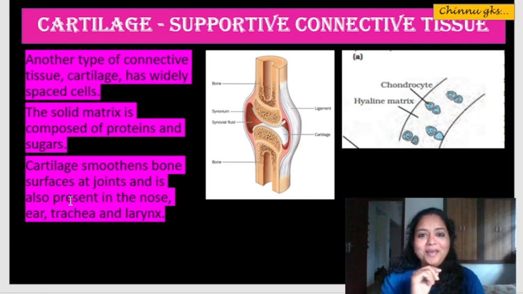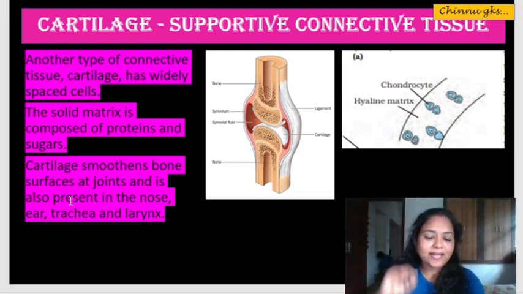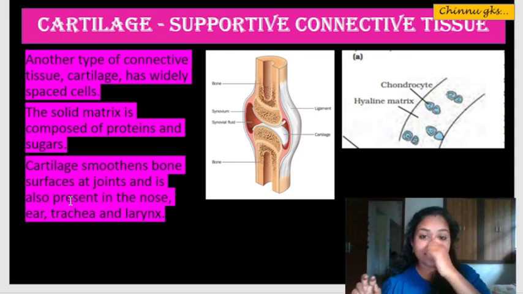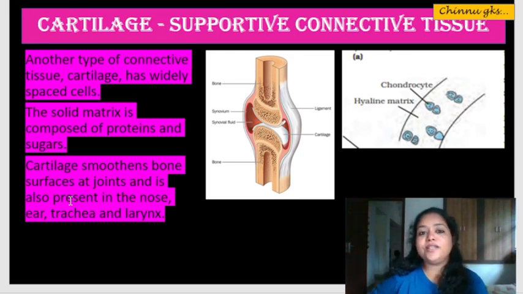It would be, but since we have a covering over it, and what's that covering made up of? That covering is made up of cartilage, which is making it relatively smooth. So a little bit of tension, a little bit of jerk that is there, it's actually withstood by cartilage. And because of cartilage, we are able to fold our ears. Even the nose is a little bit flexible. Because of what? Because of cartilage.